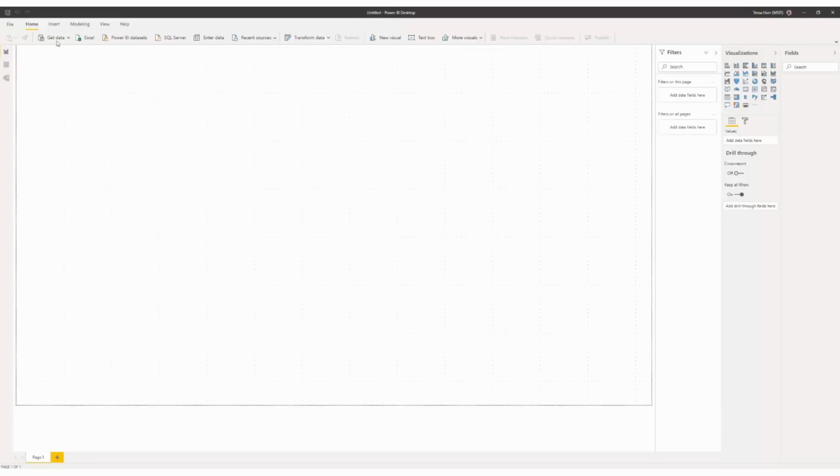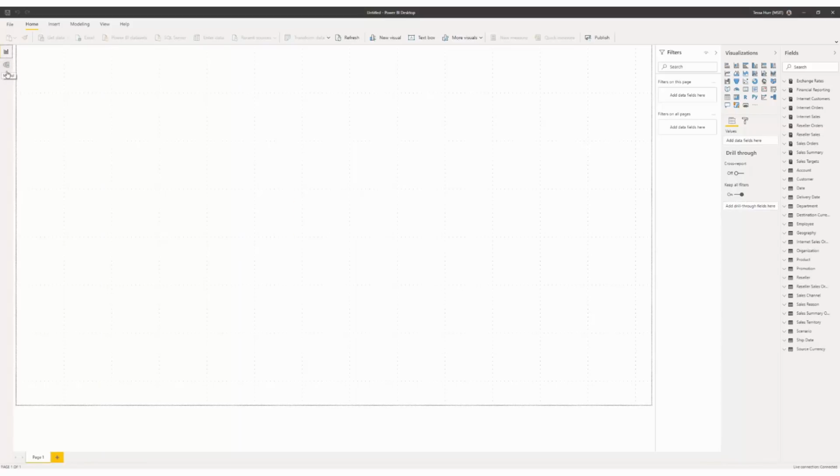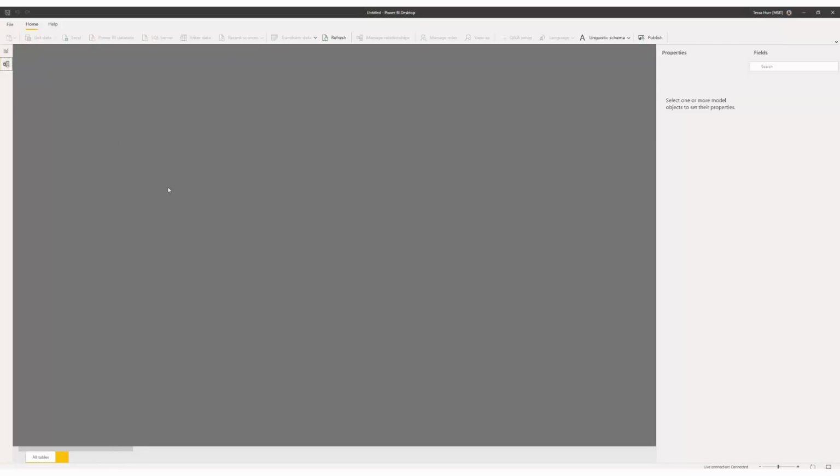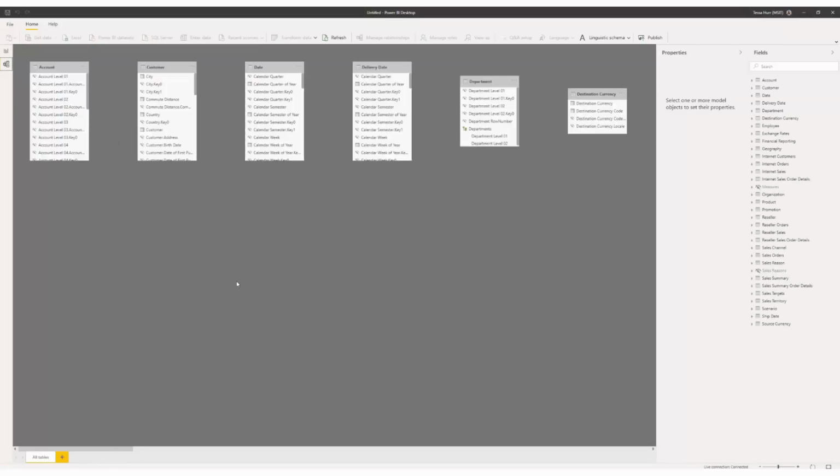This month we have an update to Live Connect. Model View is now enabled for Live Connect. When you Live Connect from Power BI Desktop to an analysis services model or to a dataset published in the Power BI service, the model view is now enabled. So if I Live Connect to a model that I have, then previously you wouldn't see this button in the upper left-hand corner. If I switch to the model view now, you can create multiple layouts of your model and view and modify